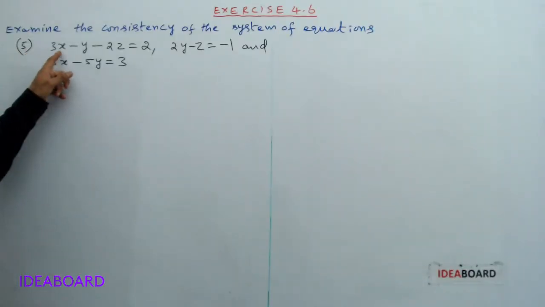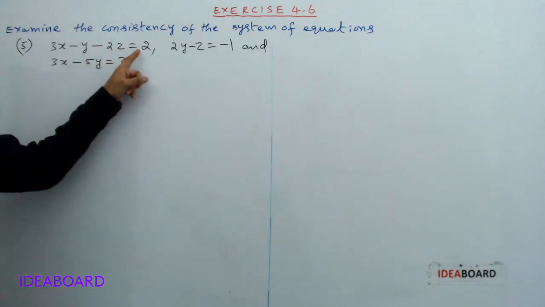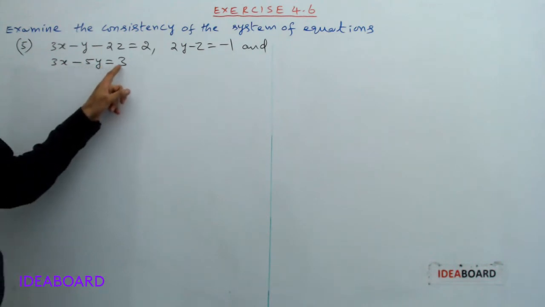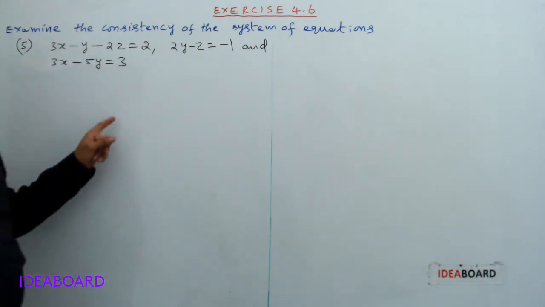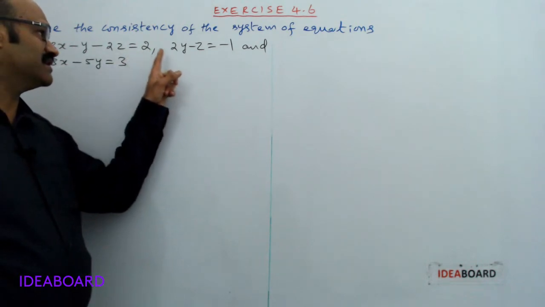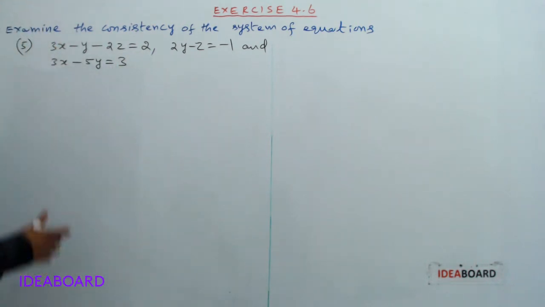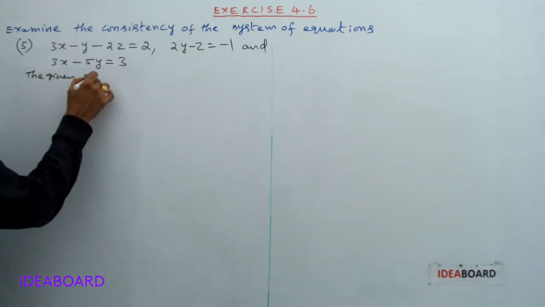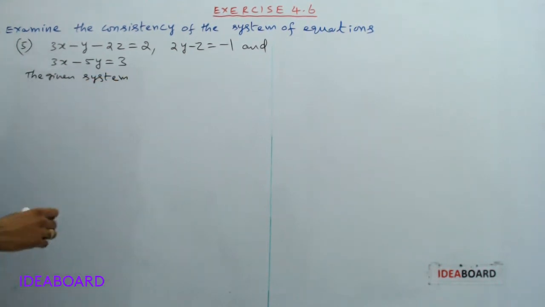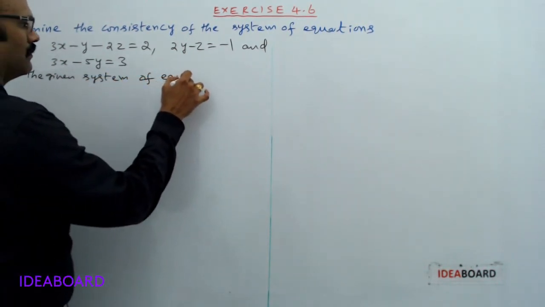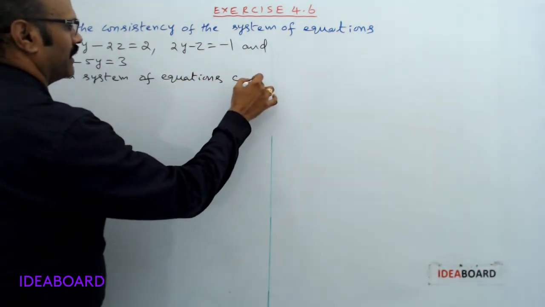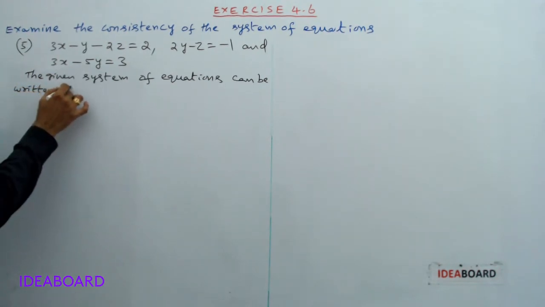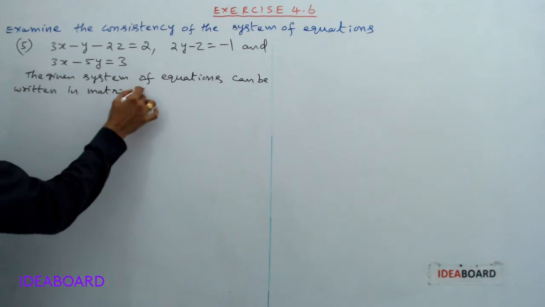Fifth problem: 3x minus y minus 2z equal to 2, 2y minus z equal to minus 1, 3x minus 5y equal to 3. Now here we have to write the given system of equations in matrix form. The given system of equations can be written in matrix form as